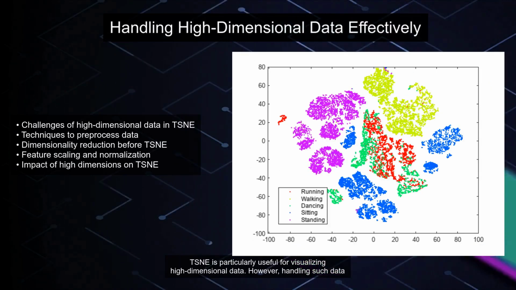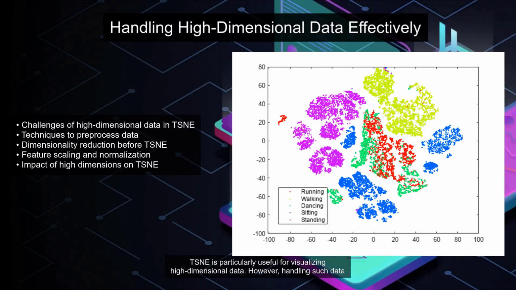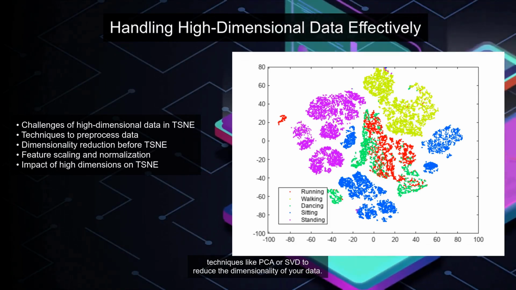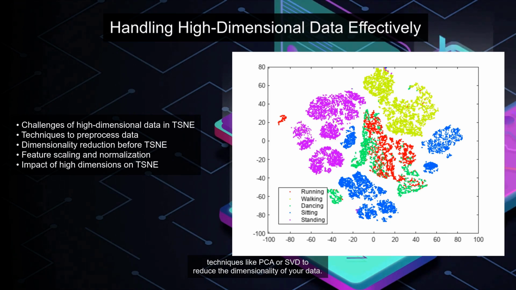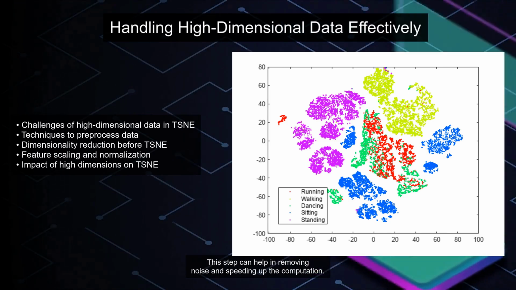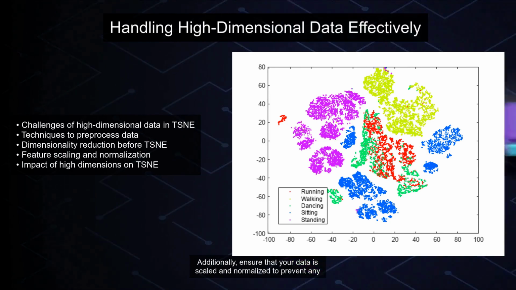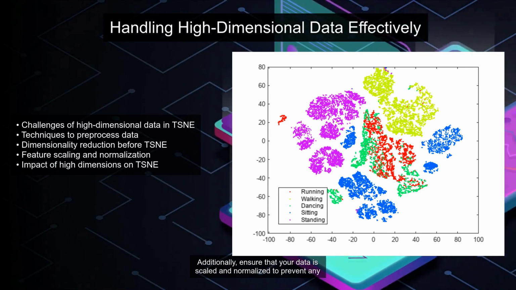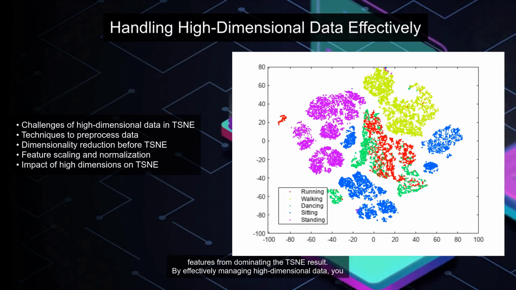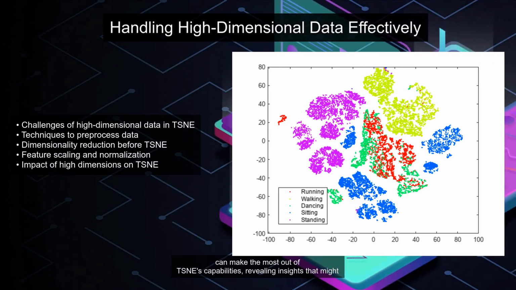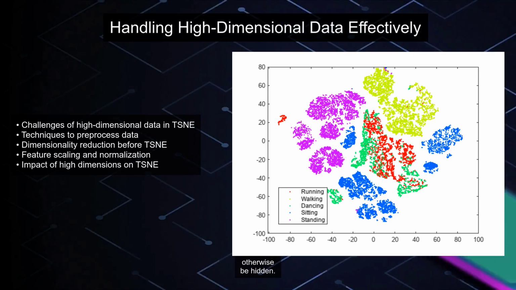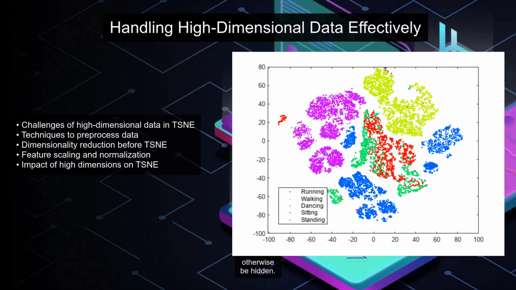TSNE is particularly useful for visualizing high-dimensional data. However, handling such data requires careful preprocessing to ensure meaningful visualizations. Before applying TSNE, consider using techniques like PCA or SVD to reduce the dimensionality of your data. This step can help in removing noise and speeding up the computation. Additionally, ensure that your data is scaled and normalized to prevent any features from dominating the TSNE result. By effectively managing high-dimensional data, you can make the most out of TSNE's capabilities, revealing insights that might otherwise be